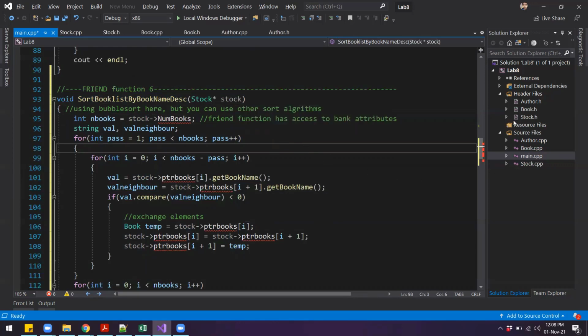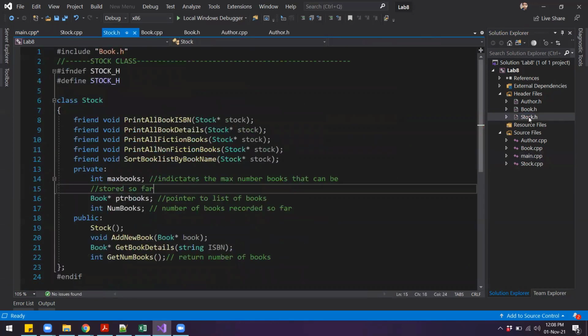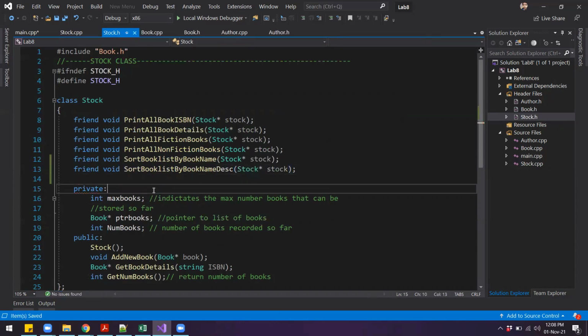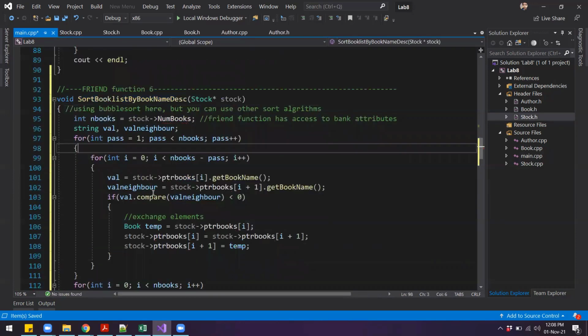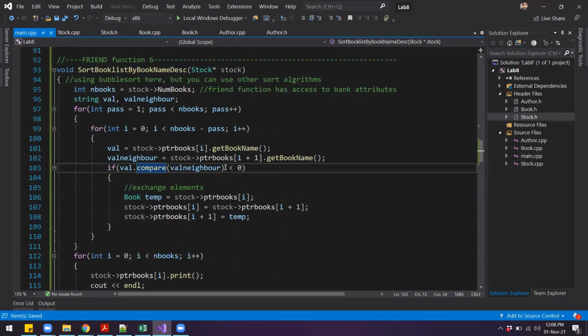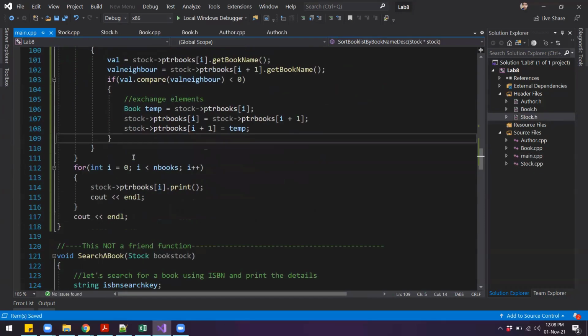So I'll go in the stock header file, and in here I just have to copy the existing function, and I will just change the name to the new function name. Now when we run this code, it should compile. But before that, we have to call this function from menu 7.